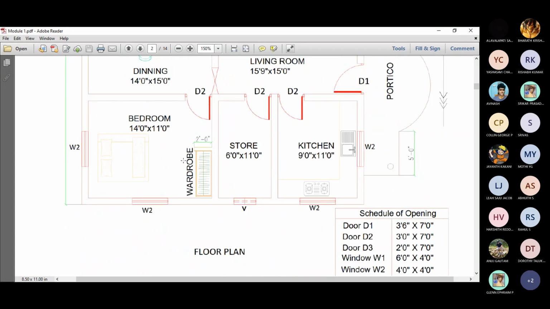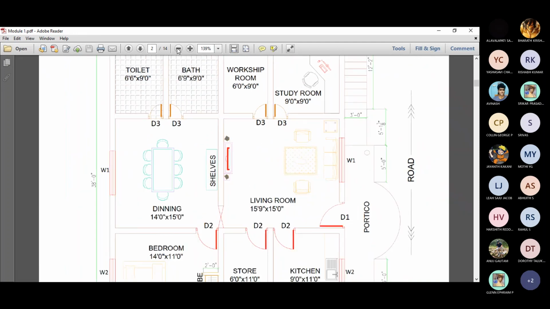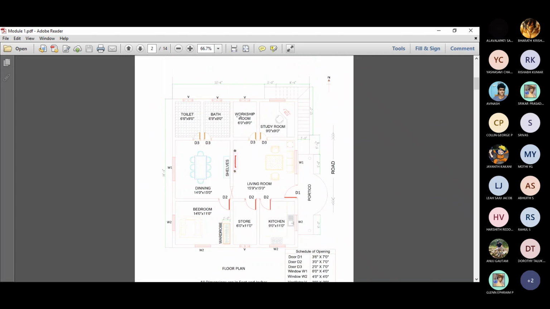Right, so this is typically the floor plan. We're going to try to simulate planning for construction of this particular single story residential building. Right, so this is a given floor plan. This is the overall floor plan, which is quite simple for us to understand